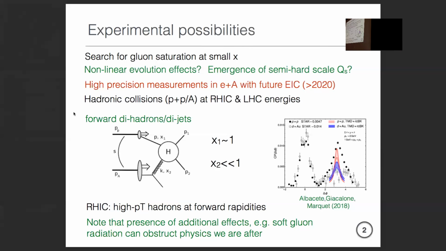If you look just at the data, solid points here being pp, open symbols being d-gold, which you can think of as p-gold for this purpose, then, comparing the data, at least in hadrons it's very clear that you always have this near-side fragmentation peak. You just have a breakup into multiple hadrons, so you get an enhancement at the near side. But you see really this nice suppression and, with some fantasy, maybe broadening also on the away side over here. And so qualitatively you may say, okay, I'm very happy, I see what I'm after here.